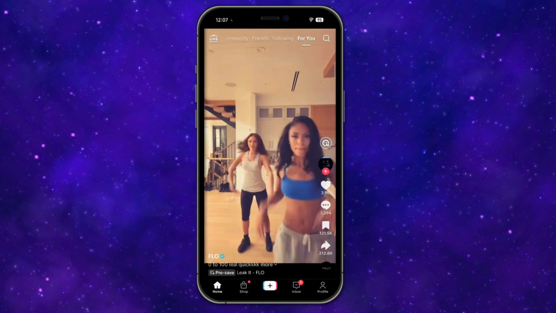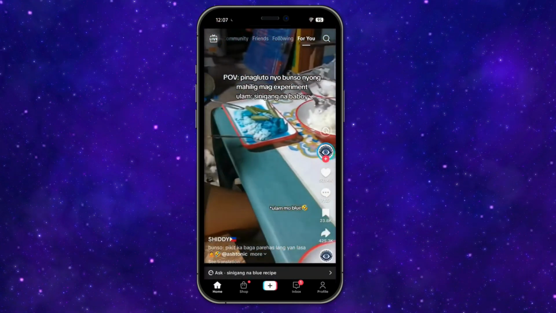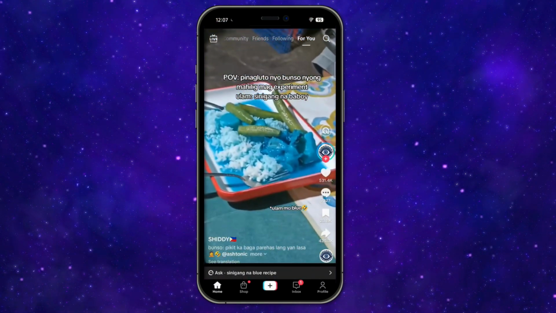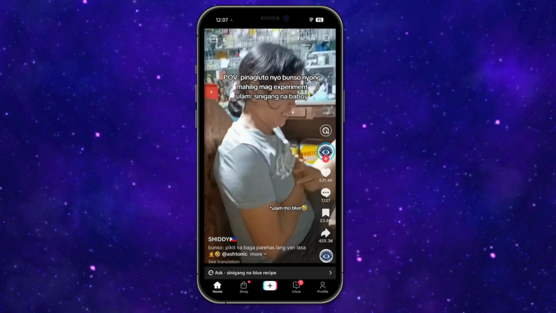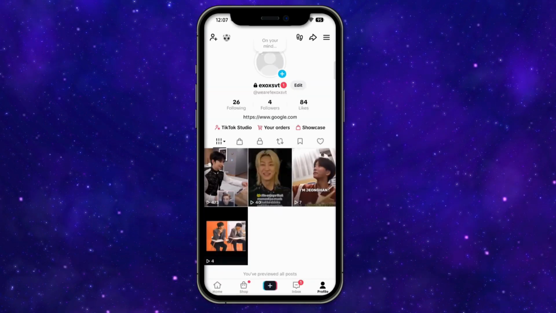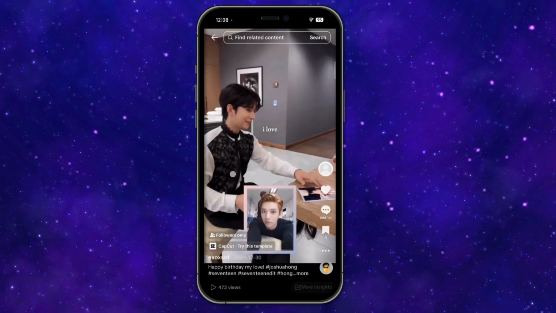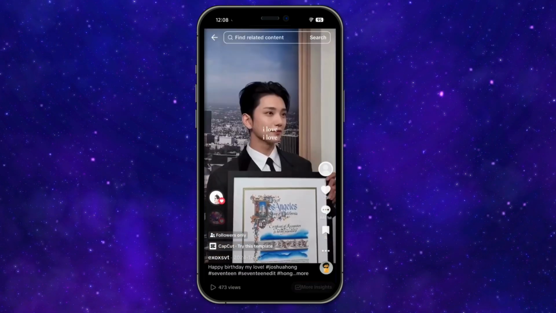So go ahead and open up TikTok, and then once you're on TikTok, go to your profile. So click on your profile by clicking on the profile button, which you should find at the bottom right corner of your screen. So on your profile, go ahead and tap on that specific video that you want to stop